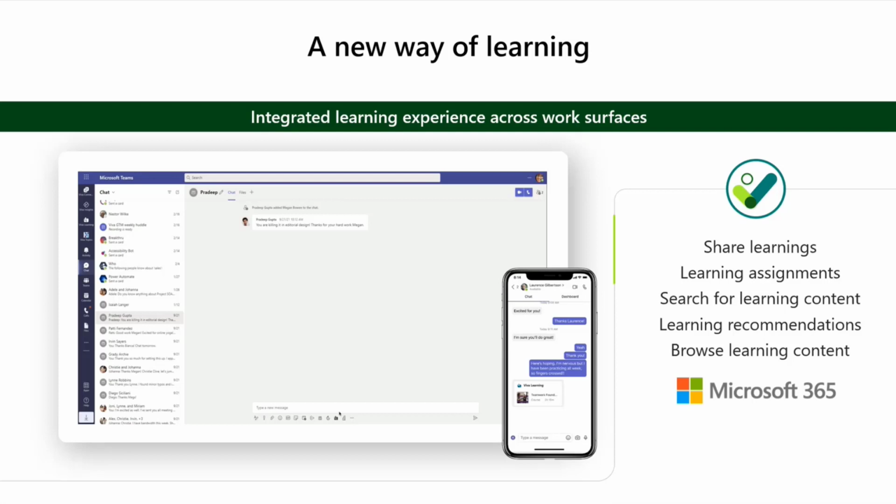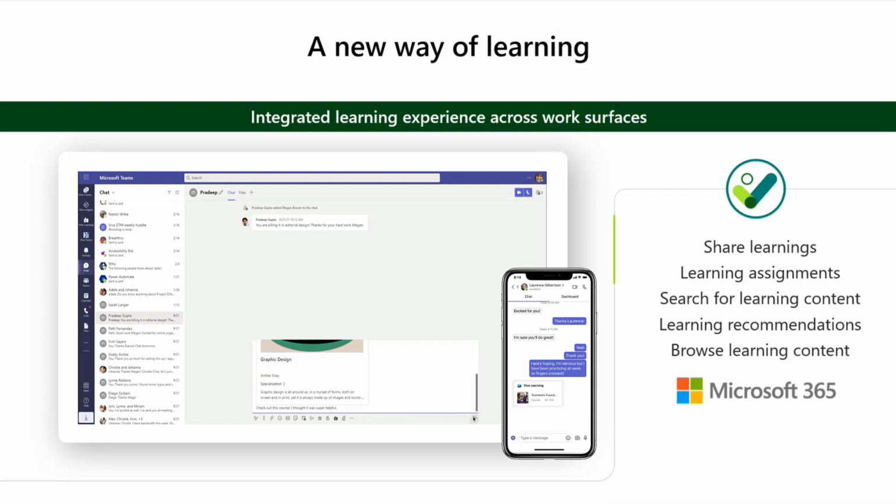And learning becomes inherently social, which data shows is the most effective way to learn. Plus, for managers and organization leaders, it sends a signal to employees that they are prioritizing a culture of learning and growth by placing it top of mind and making it easier to access the learning investments that they have made. Here on this slide, we see an animation that shows the Viva Learning Teams chat composition feature.